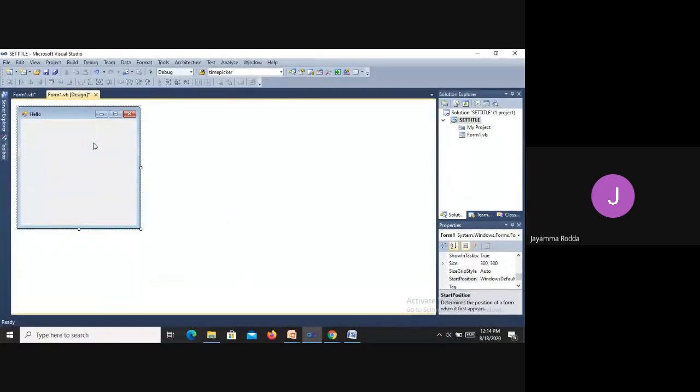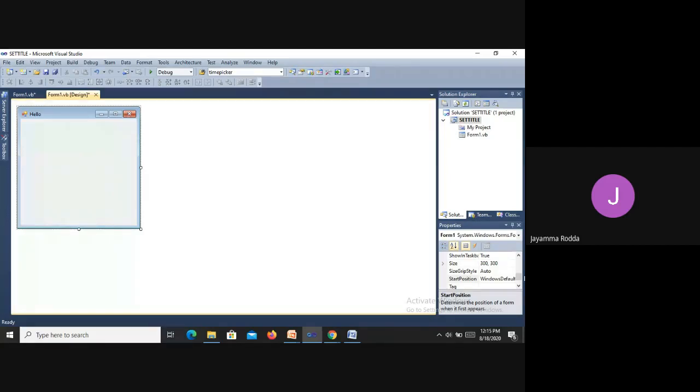Depending on your requirements, we can display a form in whichever state you want. Like you want to display it normal, minimized, maximized, or closed. In whichever state you want, you can display your form. In such a situation, you can set the initial state of the form by setting its Windows state property.